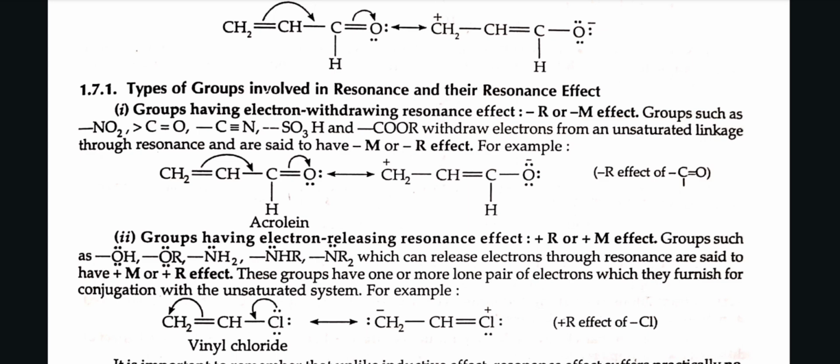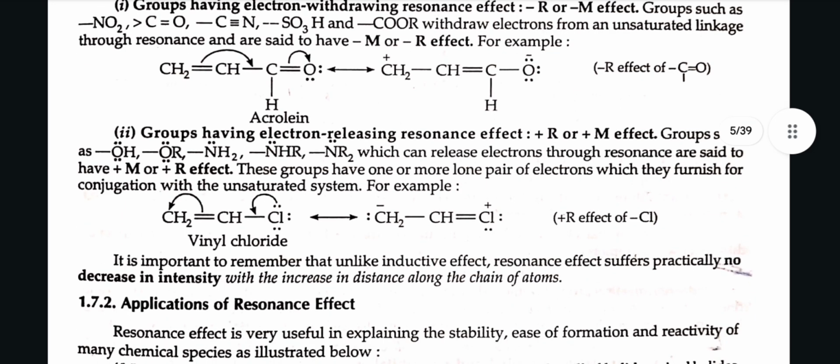First one is groups having electron withdrawing resonance effect, minus R or minus M effect. Groups such as NO2, C double bond O, C triple bond N, SO3H and COOR withdraw electrons from an unsaturated linkage through resonance and are said to have minus M or minus R effect. For example,